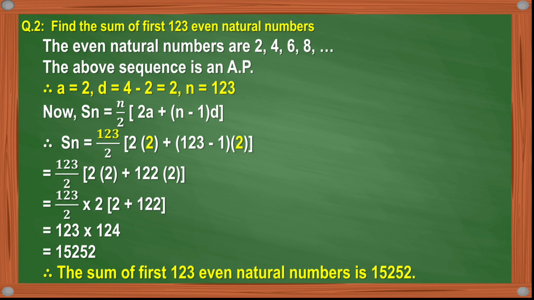Here you just have to substitute the values in the formula and use BODMAS, which you have learned in the previous standard. Solve the bracket first, simplifying if there is a bracket inside a bracket, then multiplying and then adding. Let us see question number 3. Your third question is similar to the second one.